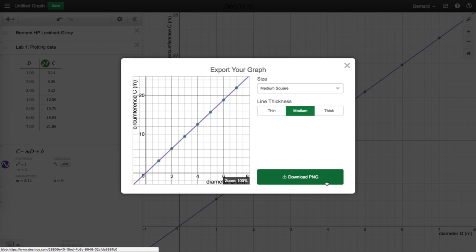So in both Word and Google Docs, there are things that say insert picture, and you would just pull that file back. But either way, you would be able to get it pretty easily. At that point, it becomes a picture in your document file, and then you can do whatever manipulation to it, or put a title under it, or whatever you need to do, based on that it's now just a picture. That, of course, is no longer live, so if you change anything in the Desmos file, you're not going to change your graph. You'd have to